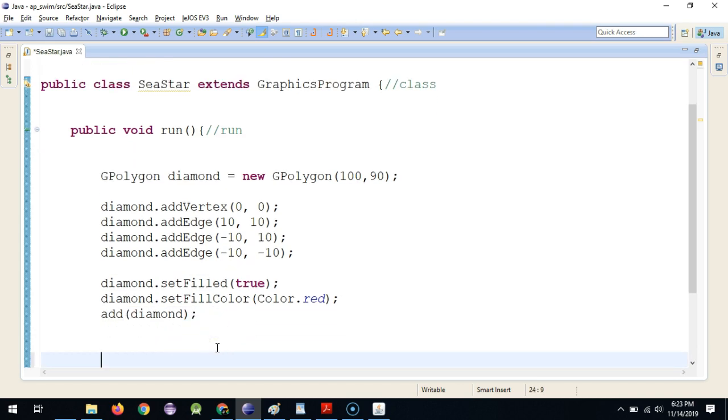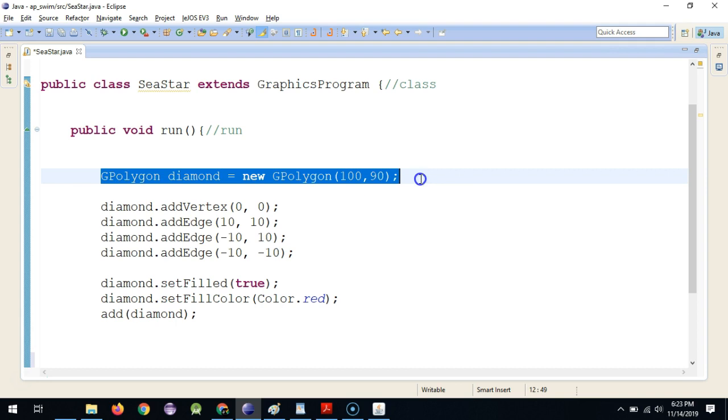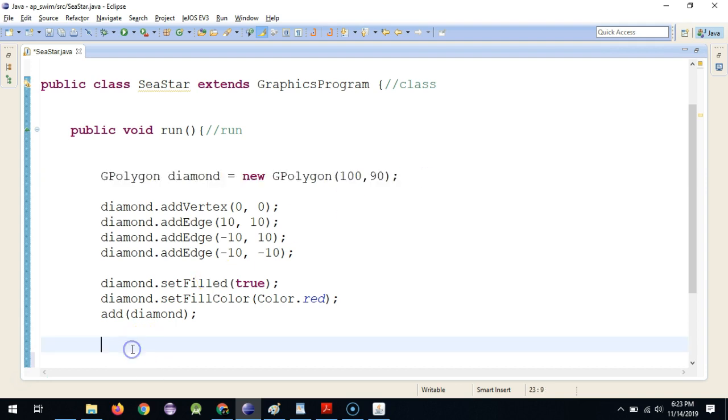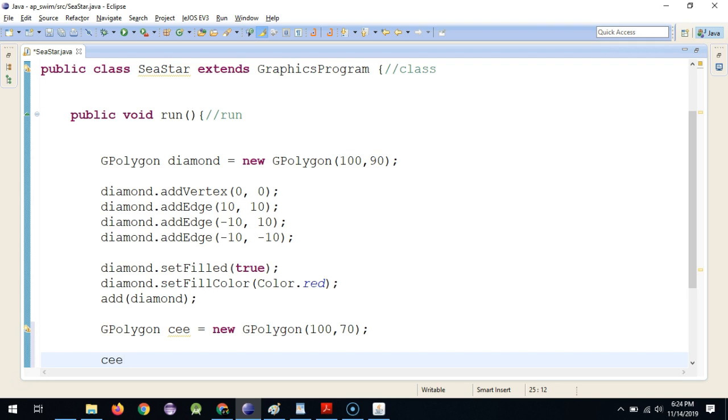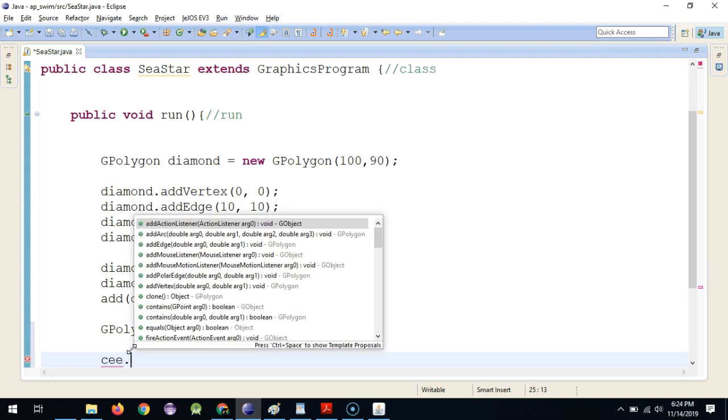So now, with that being successful, I'm going to create another G polygon, and I'm going to copy and paste because I don't really like typing that much. So diamond, I'm going to call it C, because it's kind of a backward C. And then I'm going to create its location at the 170 mark, which was the first mark that you might have seen on the paper when I declared that. And then I'm going to go ahead and give C its vertex, so its topmost point,